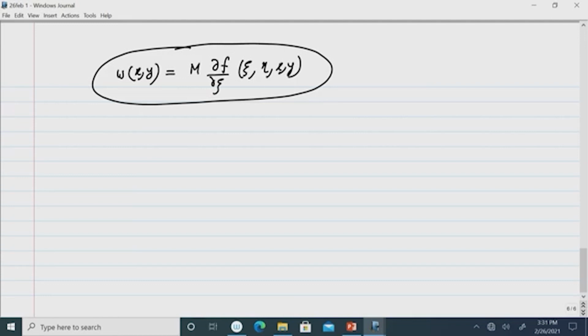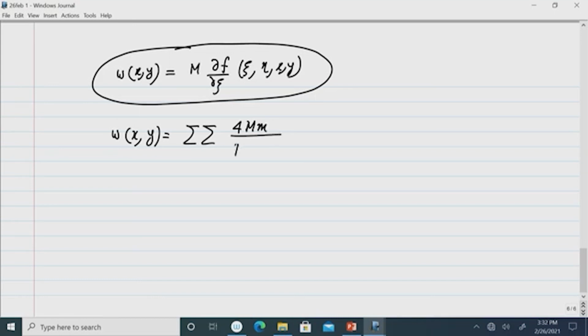So, f of xi, eta, x, y has to be differentiated with respect to xi, with respect to location. That means, first you differentiate with respect to x and then put the value of xi. So, that is the process of solving the problem of concentrated load. That means, in expansion form we can write W x y is 4 m,